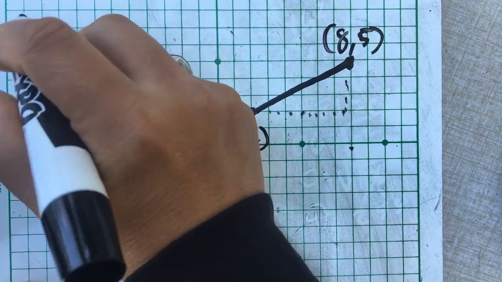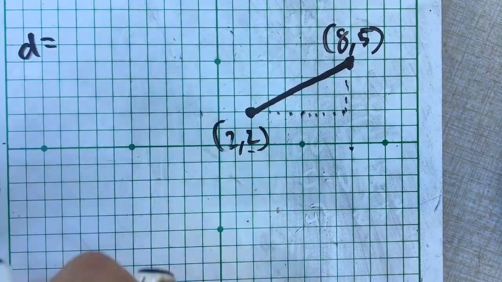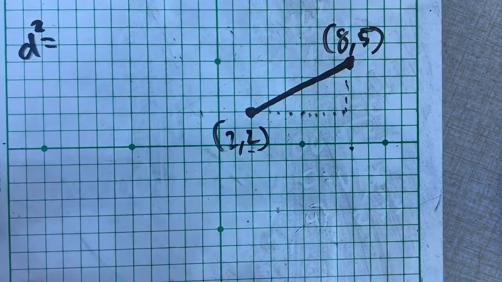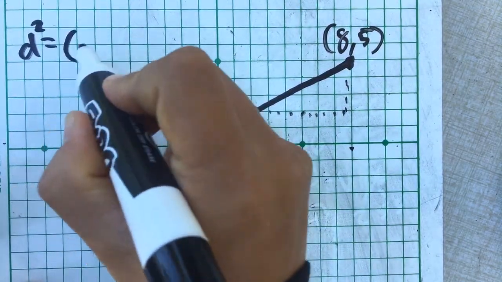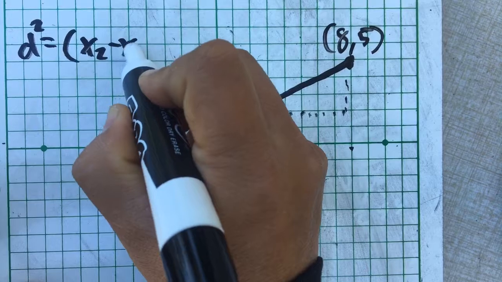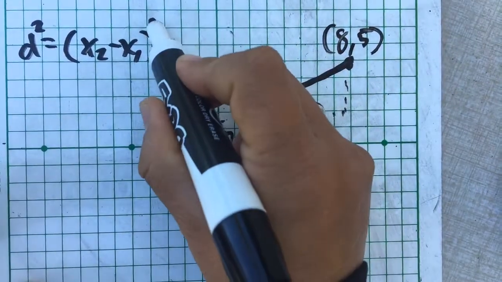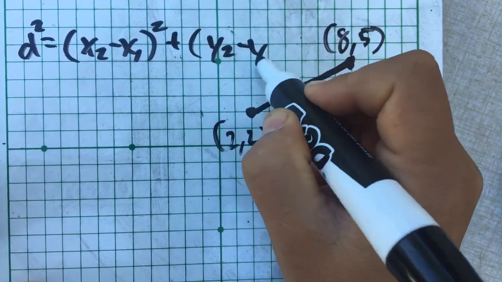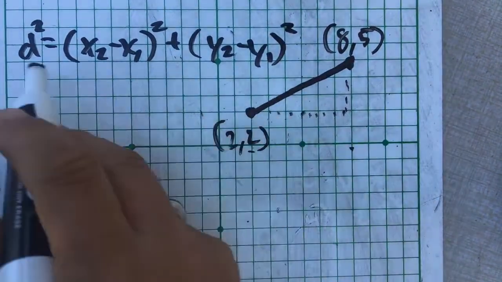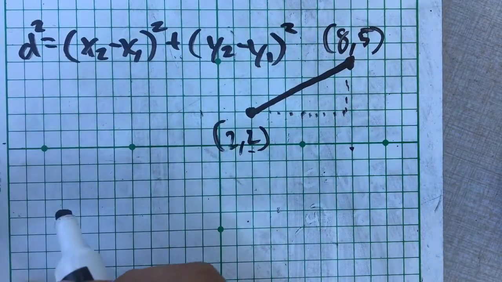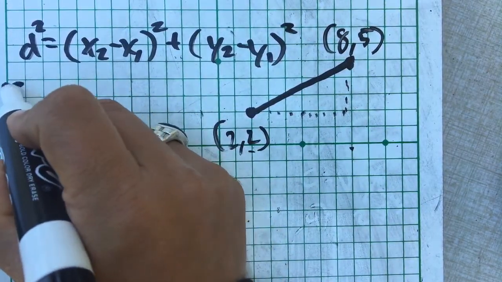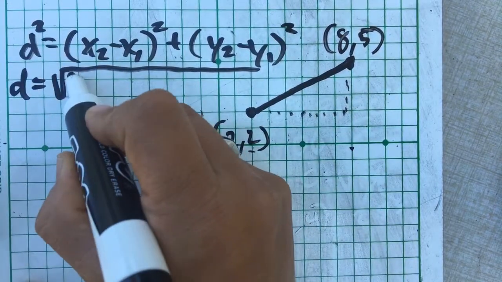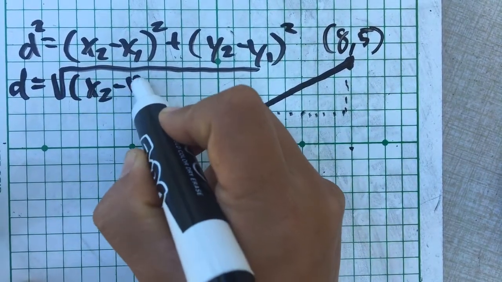D equals. Now normally I write it d squared. I prefer to write it d squared because then it's x2 minus x1, just like slope, just like all of those previous problems we had done, plus y2 minus y1 squared. Now again, this is the same thing as the distance formula because what ends up happening is you're doing all of this math based on the square root here. And so again, to know what the distance formula looks like,